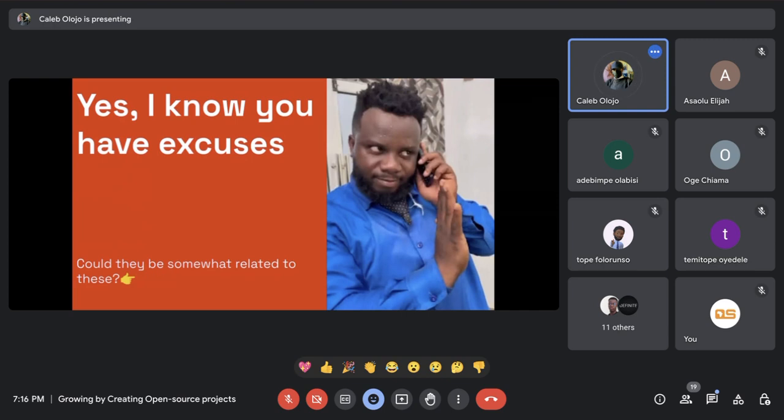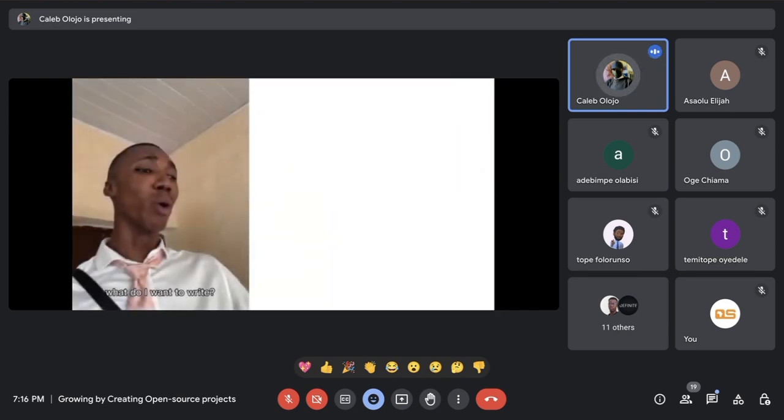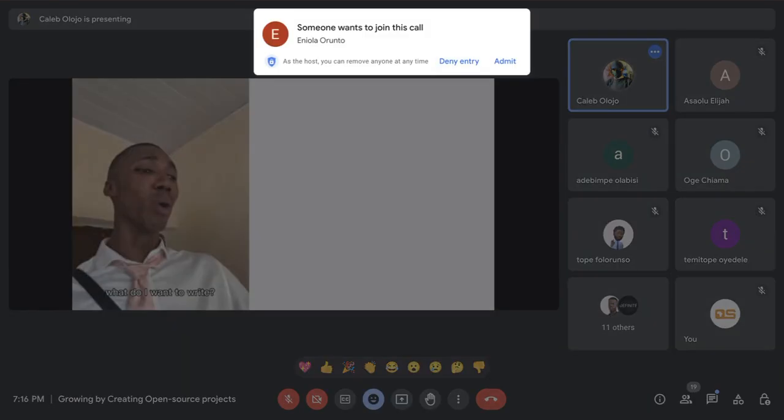So, the next slide. Could it be that you don't even know what to contribute? You don't know what to write about. You don't know how to actually write code. And to be honest, contributing to open source is not just code related. You don't necessarily have to write code. You don't even know how to contribute, let alone writing the code. So you question yourself, what kind of code? How would I even write the code that I want to contribute?